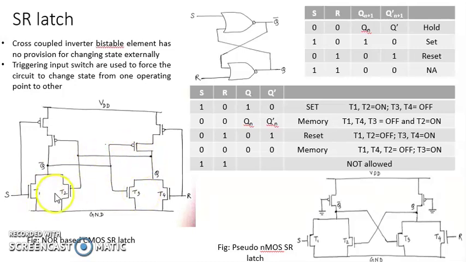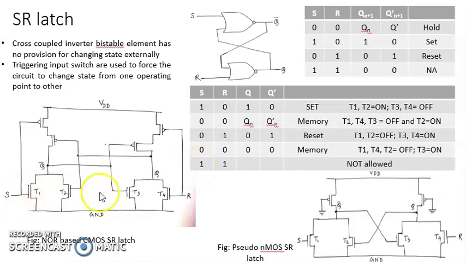So T1 and T2, both the transistors are off, Q bar will continue to be at high, and the voltage level of Q will continue to be 0. So again we can see that the device remembers some previous history. It acts as a memory. From the state S equal to 1 and R equal to 0, or from the state S equal to 0 and R equal to 1, if you make both the inputs S and R equal to 0, the device remembers the previous outputs and acts as a memory device.